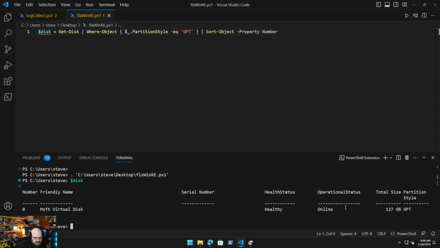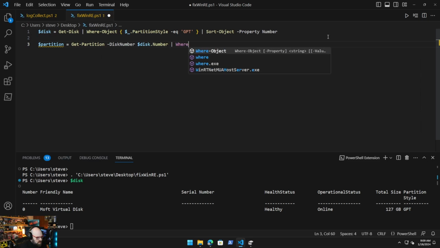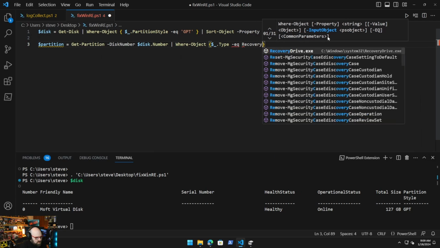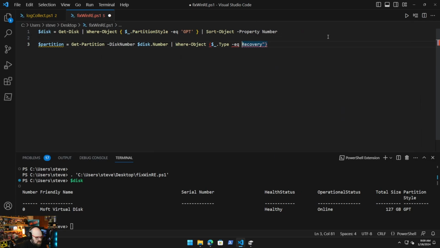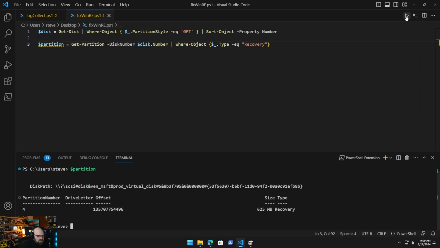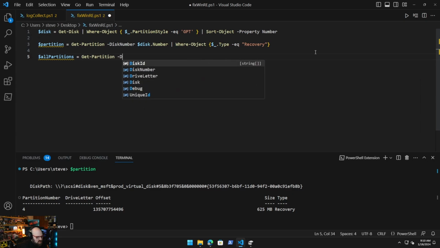Okay, so now what I can do, the $partition is equal to Get-Partition -DiskNumber $disk.Number, where-object type equals "Recovery", and that should be in quotes as well. Okay, so that's my recovery partition. If we want to get all partitions, right, we can say $allPartitions equals Get-Partition -DiskNumber